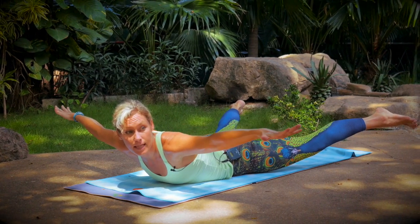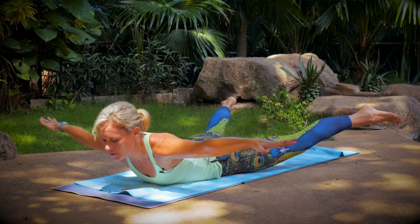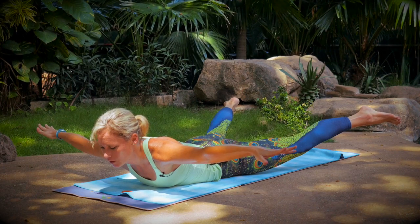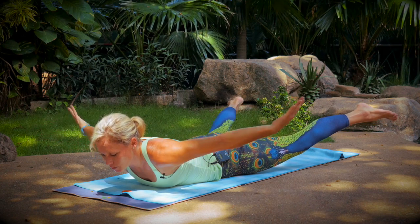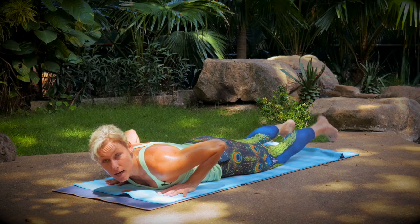Bring the arms to capital T, palms face down, and hold for 5, 4, 3, 2, 1. Bring your hands back underneath your shoulders, feet back in line with the hips, tuck the toes under, press up,